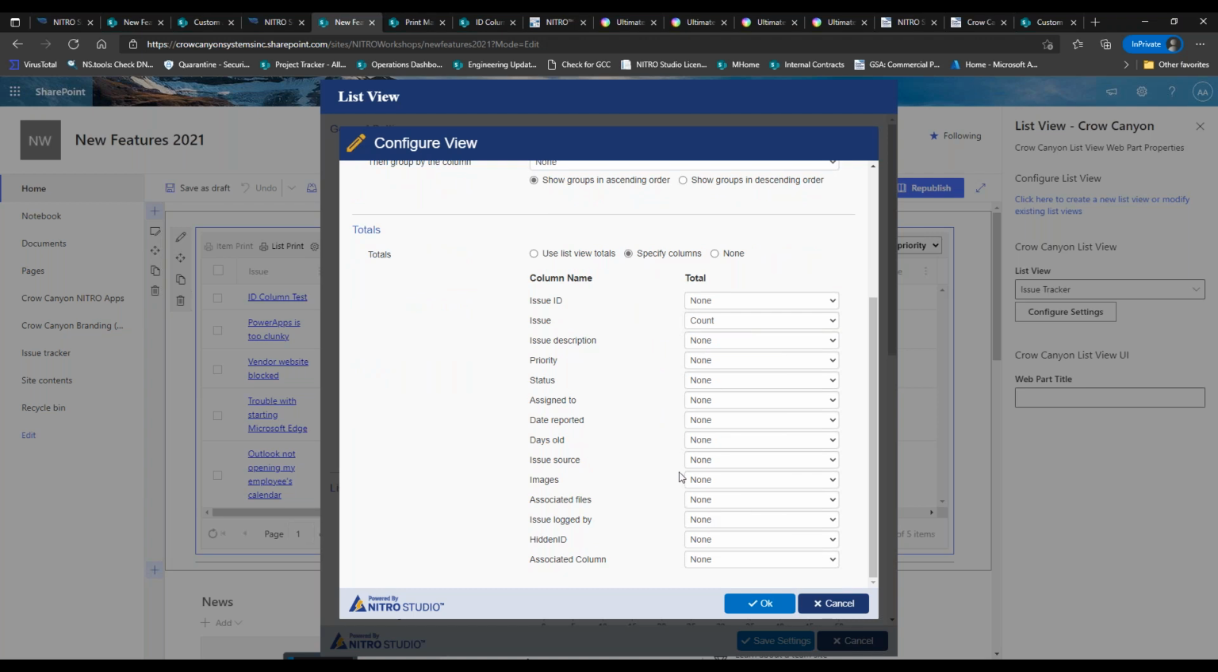If you have a bunch of currency fields that you want to sum up together, aggregate together, you can do that using this as well. So something like issue ID, let's count. Days old, I think, is a sum. Yeah, you could do a sum on that column, or minimum or maximum or whatever calculation you need to do, and that's going to be there for the totals